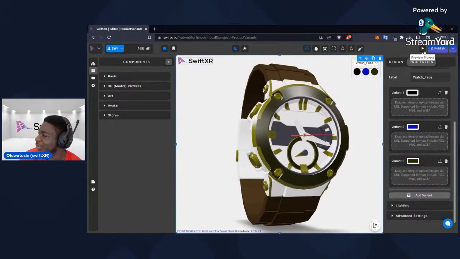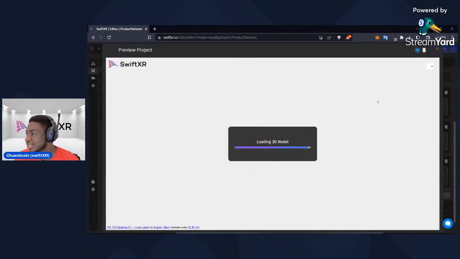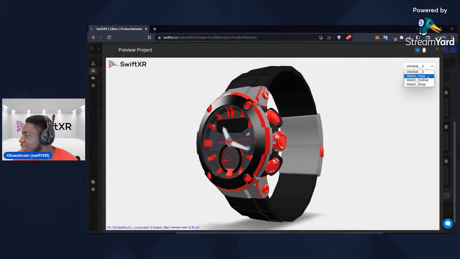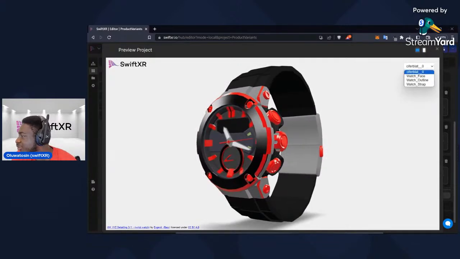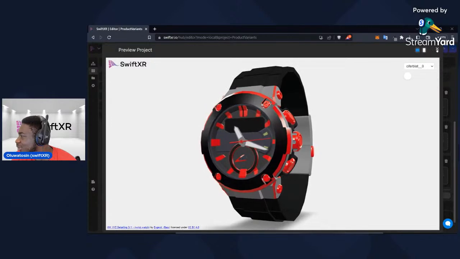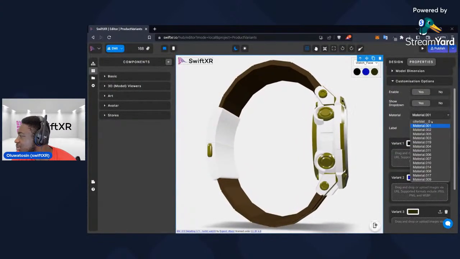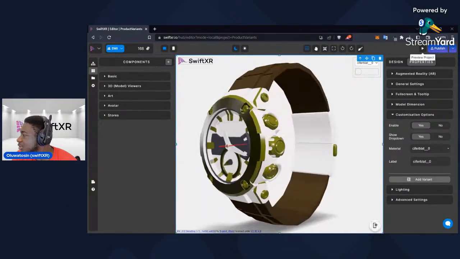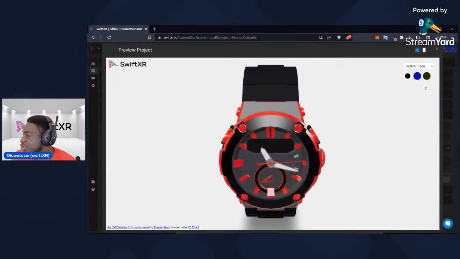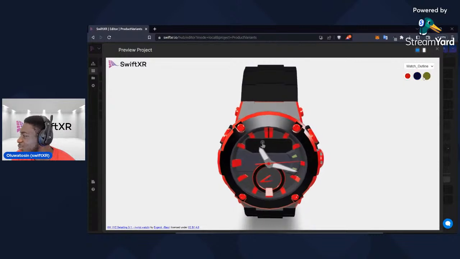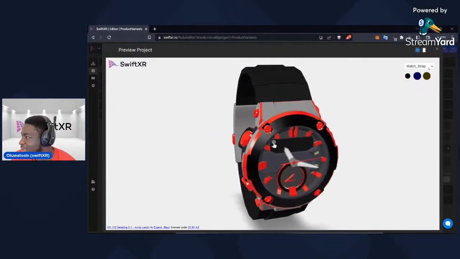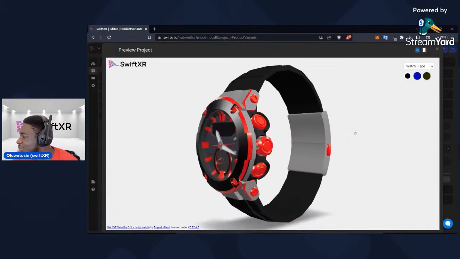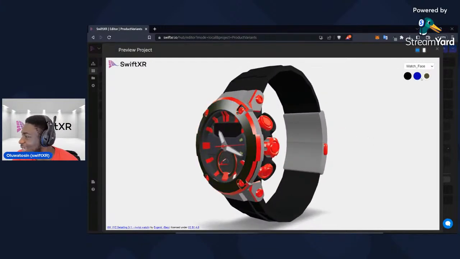So now we can hit the preview project button, right? And the preview project button here allows us to kind of view this. And let me remove that first one here. We weren't using that first one at all. So let me just see. Did we have a variant there? Let's remove that variant. Cool. So if we go back to preview now, we should just see the watch face, the watch outline, and the watch strap. So with this now, we can then select the watch face, for example, and customize that as we would like,